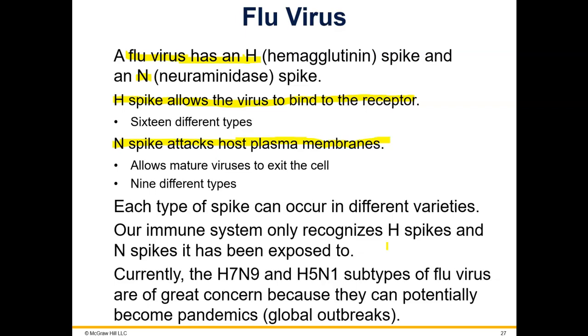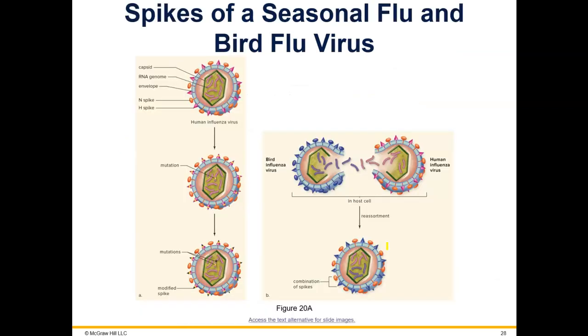H5N1, I believe, is the bird flu, which can infect humans and birds. And it came originally from birds. This shows you how a virus that only was infecting birds can mix with a virus that only was infecting humans and become a virus that can infect both. Okay? And the way that happens is humans have to be in very close contact with birds. So they have to encounter the bird virus in